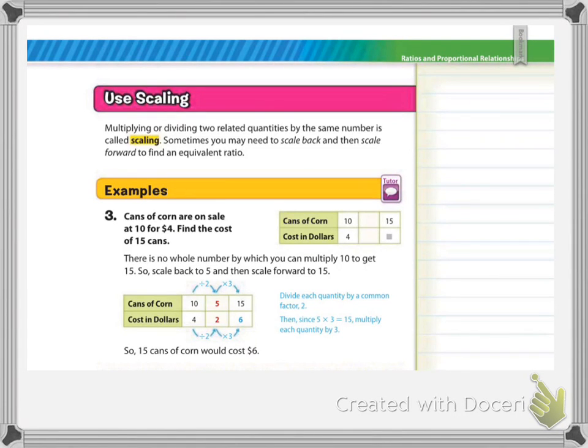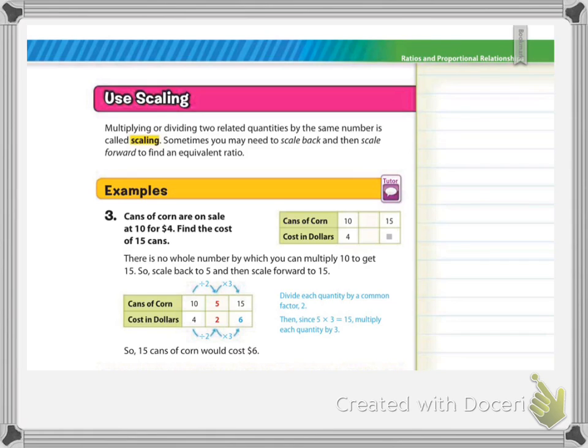So let's go ahead and look at page 41. Now, what we've been doing by multiplying or dividing two related quantities is called scaling. Sometimes, however, you have to scale back or scale forward in order to find an equivalent ratio. Now, we've already done a little bit of this. For example, in some of the problems in lessons previous to this one, you've had to figure out